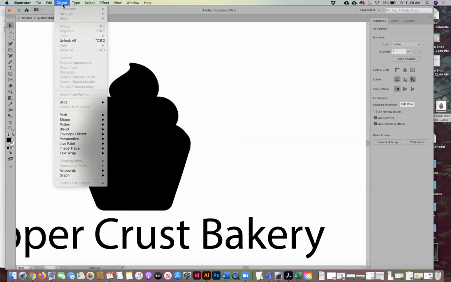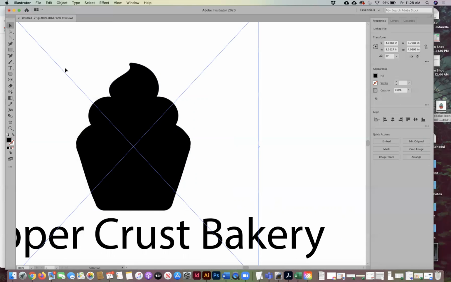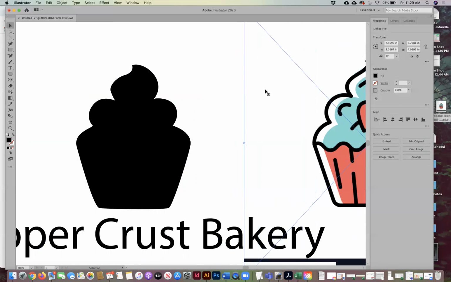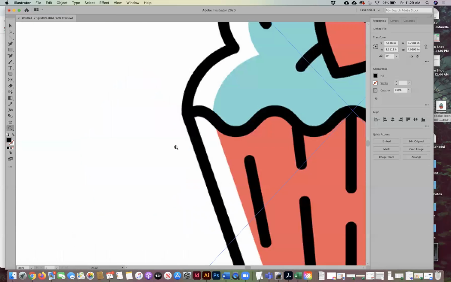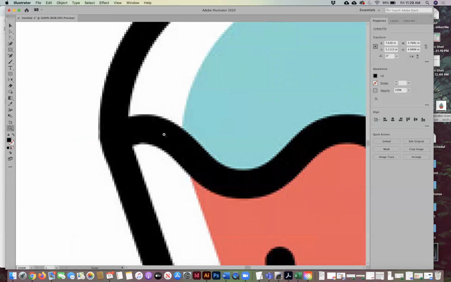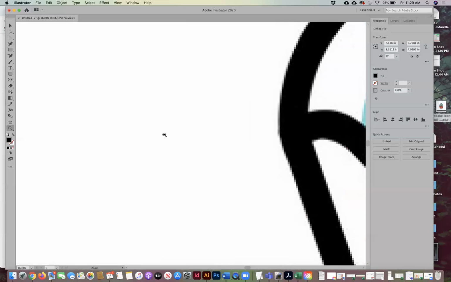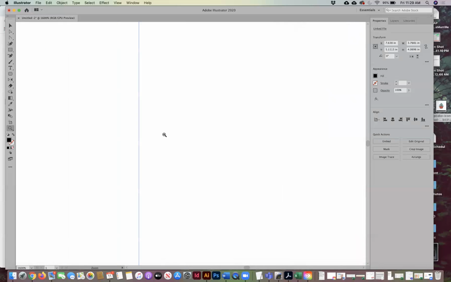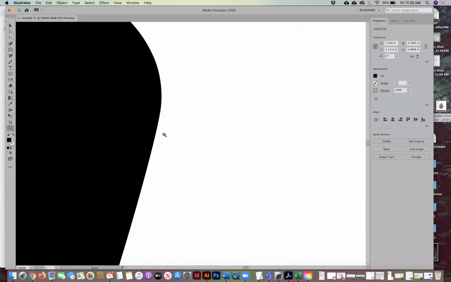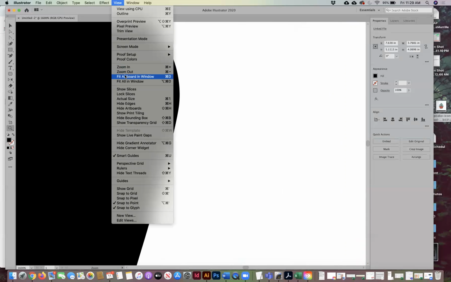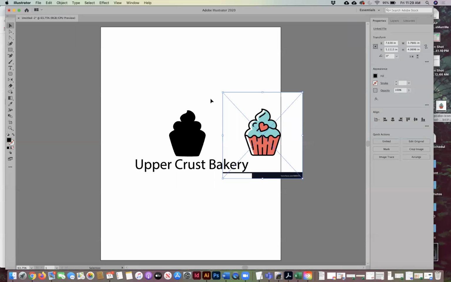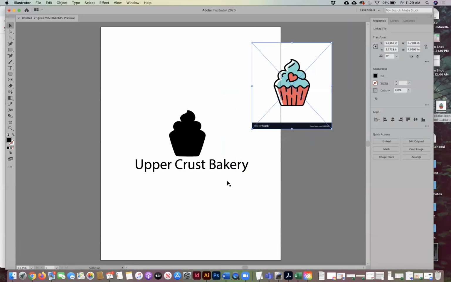I'm going to unlock my picture so I can move it out of the way. Okay. So you remember when I zoomed in really close here, you could see all those little pixels. Well, I'm going to slide over and show you what we just created with our pen tool. Look how nice and sharp it is. This will never, ever be blurry, even if you blew it up past billboard size. Okay, so that's why you do a logo in